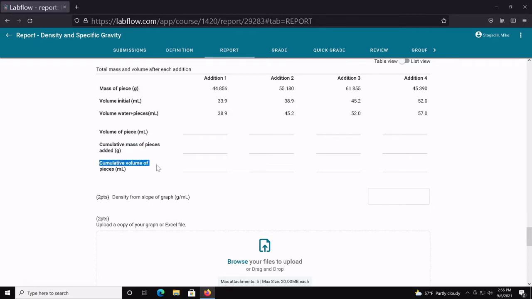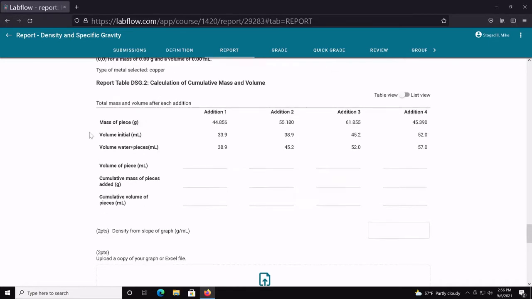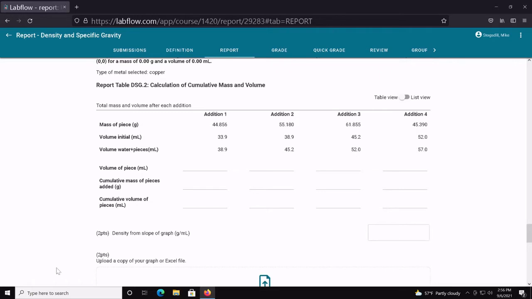Down here we have the cumulative volume of the pieces, and we're going to do the same thing. We're going to have these volume values. We're going to start off with just that one. Then this one here is going to be this value plus this value, and then we're going to add in the volume of this one, and we're going to add in the volume of this one. And if you guys didn't quite follow that, that's fine, because now what we're going to do